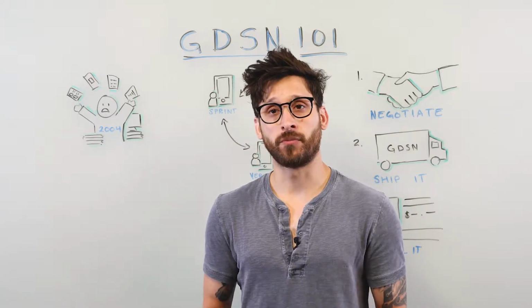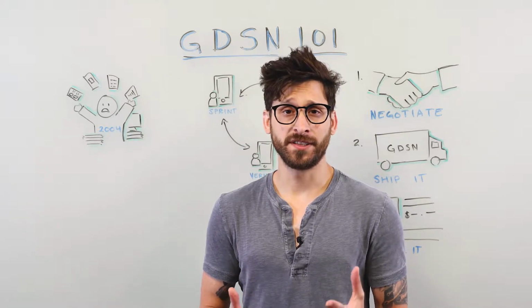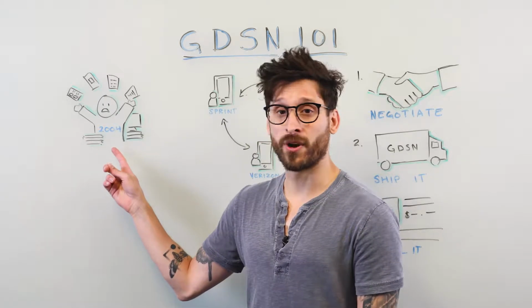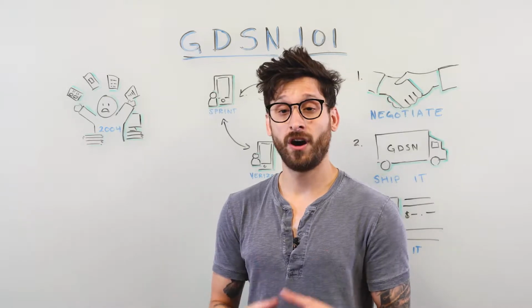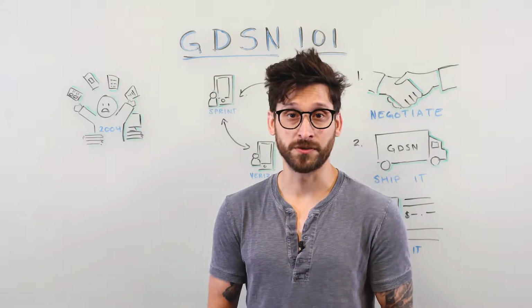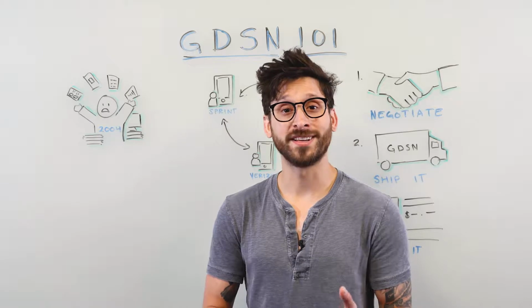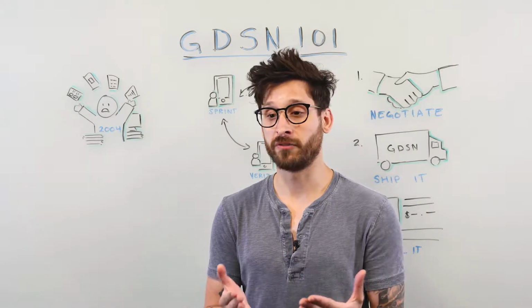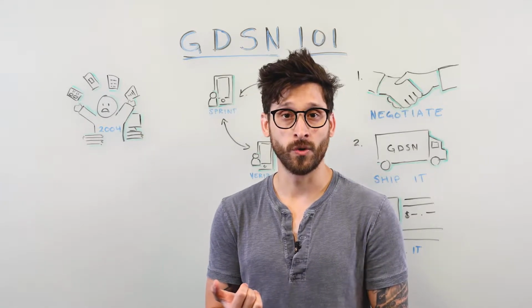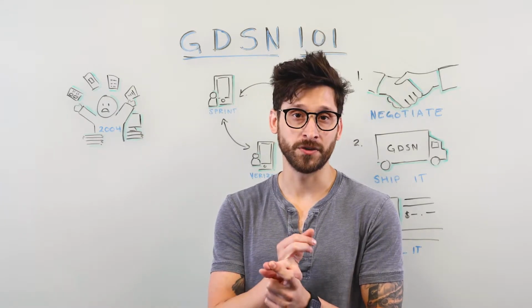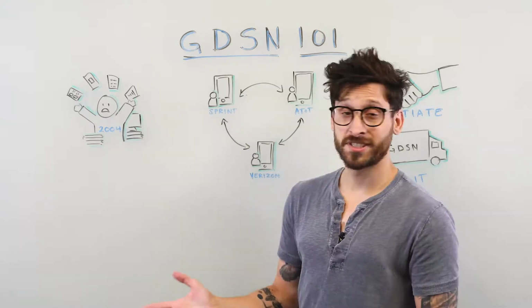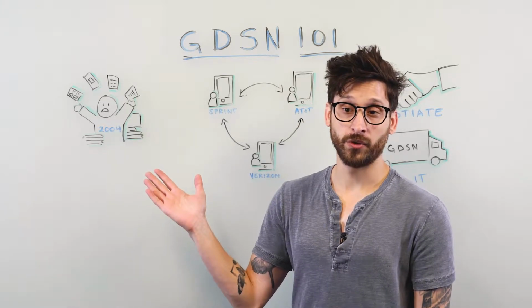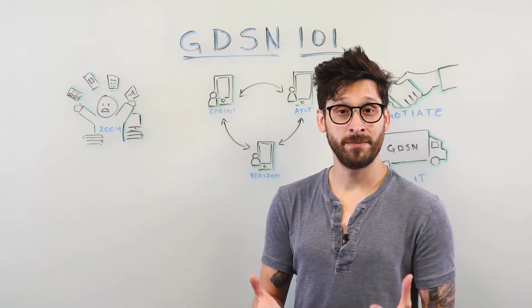So to understand the problem that the GDSN was created to solve, it's sometimes best to travel back in time. So the year is 2004. And if I'm a brand in 2004, I have hundreds or maybe even thousands of retailers and distributors across the world requesting that I send them product content. Now, all of them are requesting it via different formats. So Excel spreadsheets, or in portals to do manual entry, or through email, even sometimes PDF and Word documents. If I'm a brand, that doesn't scale for me. It creates a lot of operational costs, time, and it's not efficient.